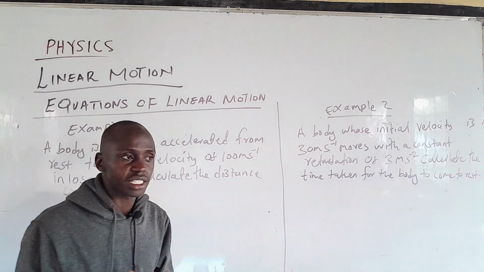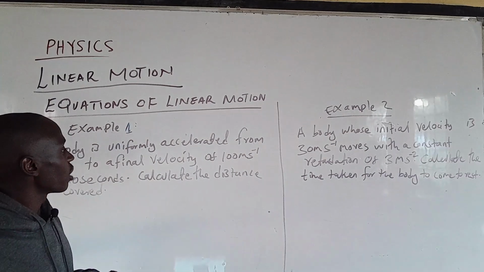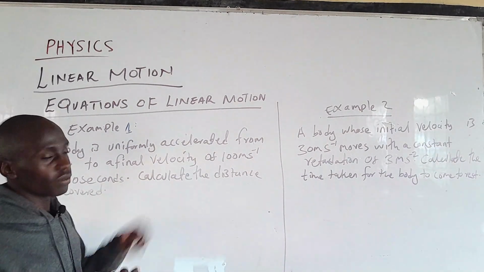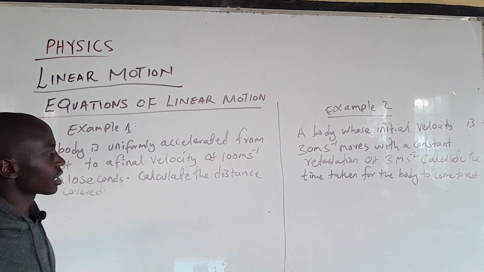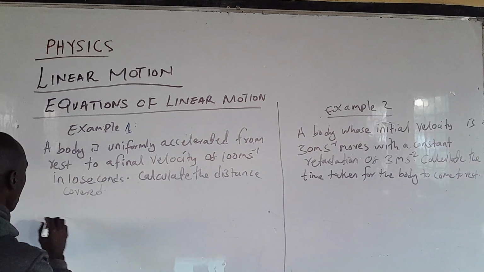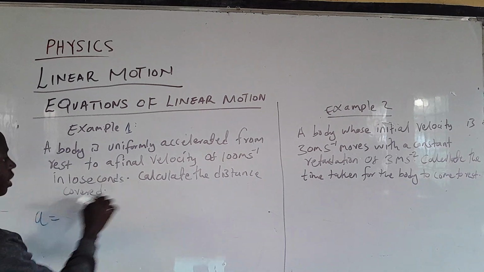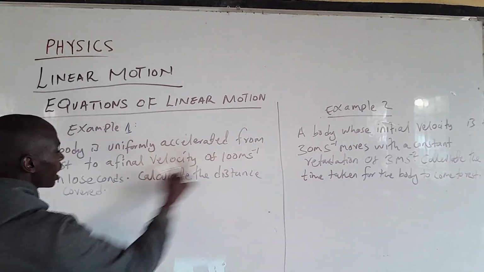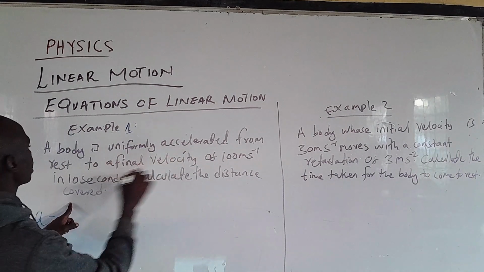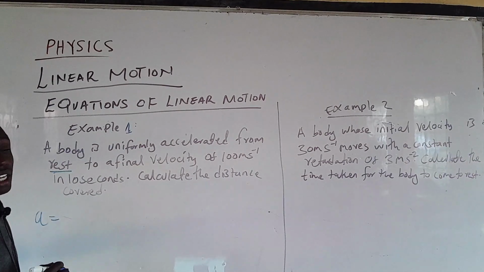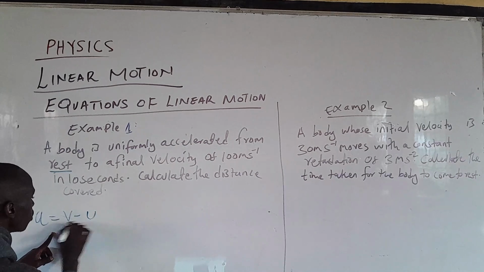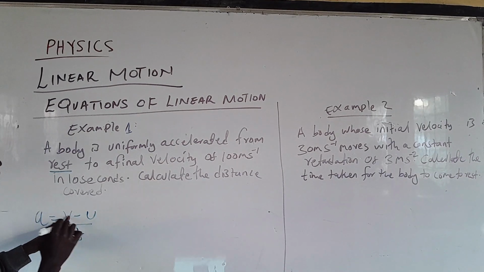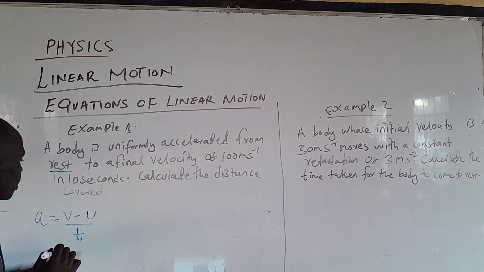Calculate the distance covered. So in this question we are going to calculate the acceleration first, then we use the second equation to find the distance covered. So here acceleration a will be given by the final velocity minus the initial, and initially it was accelerated from rest, so it means that the initial velocity is 0. So here v minus u over t, where v is the final velocity minus the initial divided by the time